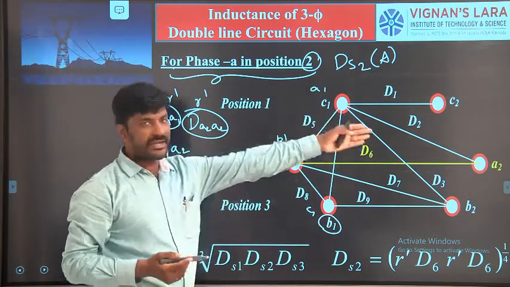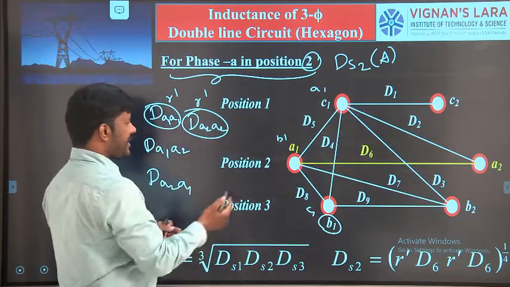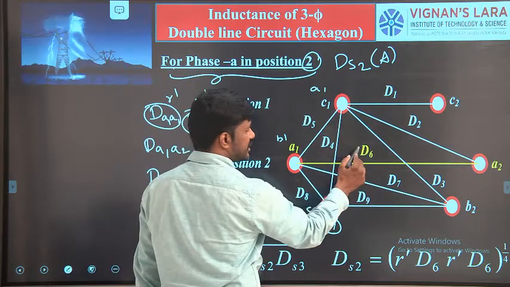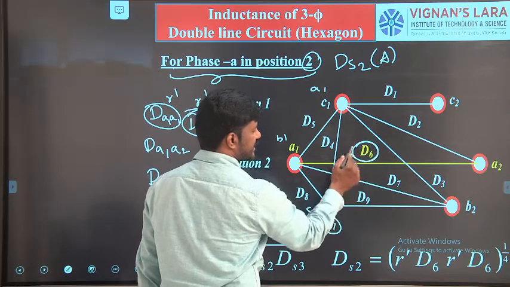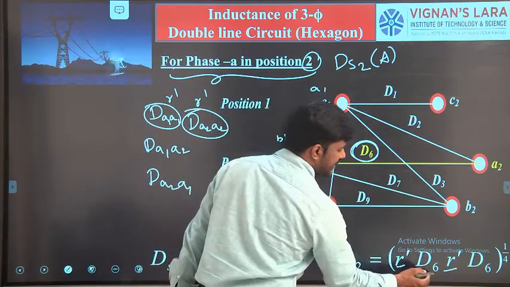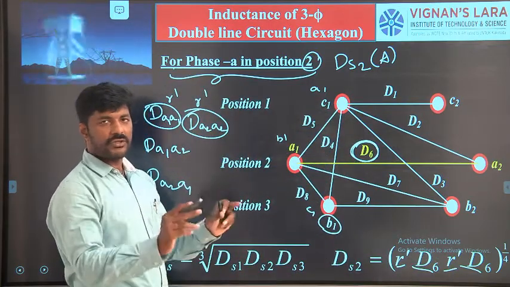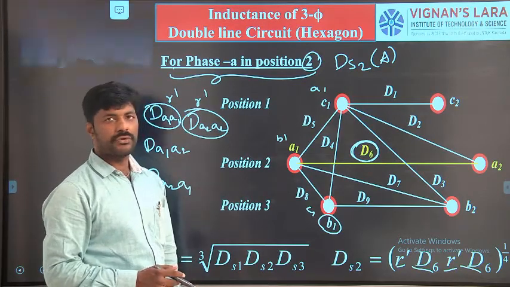In the same manner there also. Okay. Then what is the A1, A2 distance whenever it changes its position? Already we defined that distance as D6. That is why R dash, D6 and D6. 4 different values, the product of all those 4, whole to the power 1 by 4.